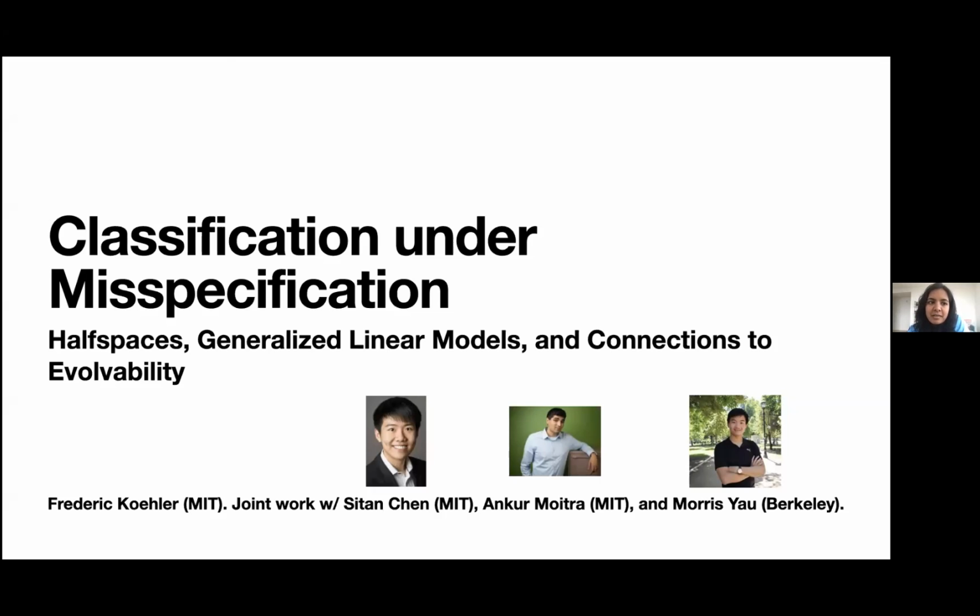Today we are very excited to have with us Fred. He's a fifth year PhD student at MIT in the Department of Mathematics. He's jointly advised by Ankur Moitra and Elkanan Moser. His research focuses on computational learning theory, applied probability, and related areas. He's done some super exciting work in the space of graphical models and has recently been looking at developing robust algorithms for classic learning settings. Today he's going to talk about some work in that direction.